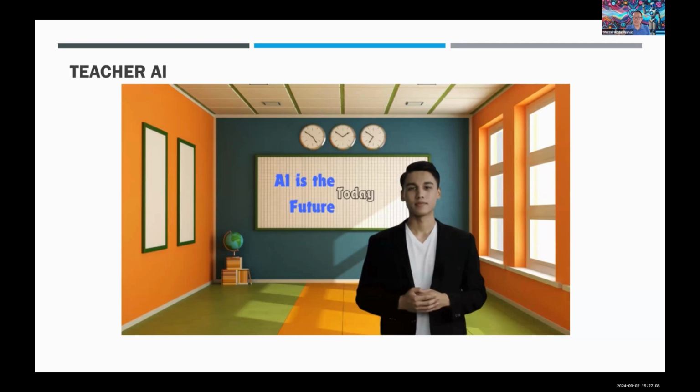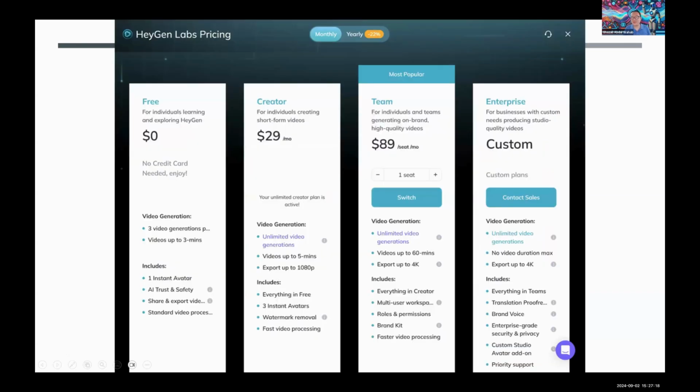Okay, so this is how realistic it can get. But we are still not there yet simply because of this. It is very expensive. Even though the prices are going down, if you can see, $29 a month I paid for. I can now have unlimited video generations, but the videos only last up to 5 minutes. My lessons are 1 hour long. So yeah, I hope for the day when the price really goes down.